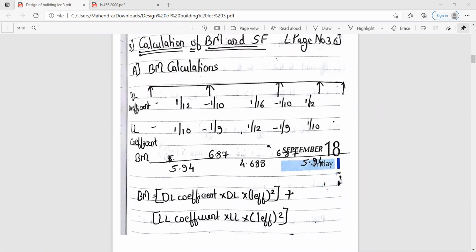Should I proceed to the shear force calculations? Yes, Faraz, had you completed up till here? Have everyone's bending moment calculations been done?